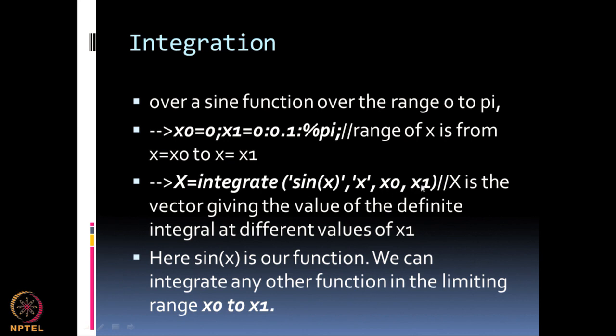So, x1 is a vector of 101 points. I will get an integral of sin x for every range in that integration, that is, the integral from 0 to x1 of sin x dx. The printout will be a vector x and 101 values of the integral of sin x between 0 and the upper value of the function. So, sin x is your function. You can integrate this way. You can also integrate any other function in place of sin x. So, this is how you do integration just by using the integration command.